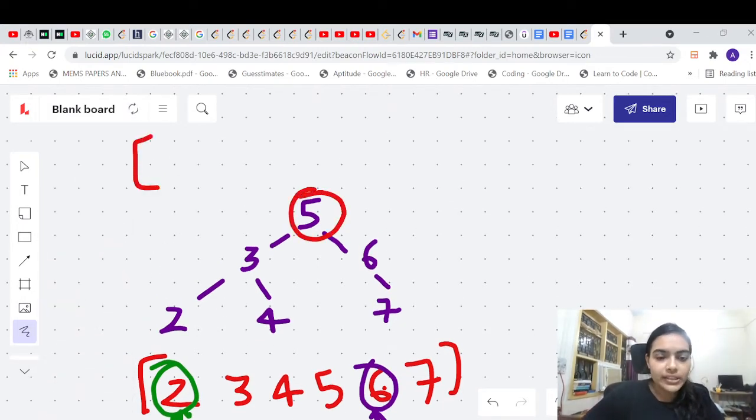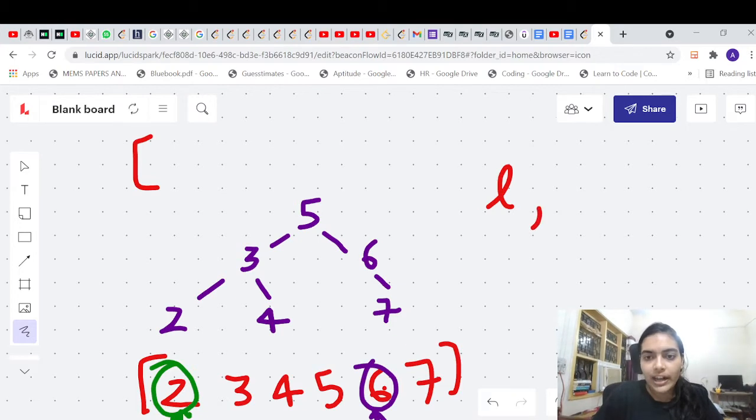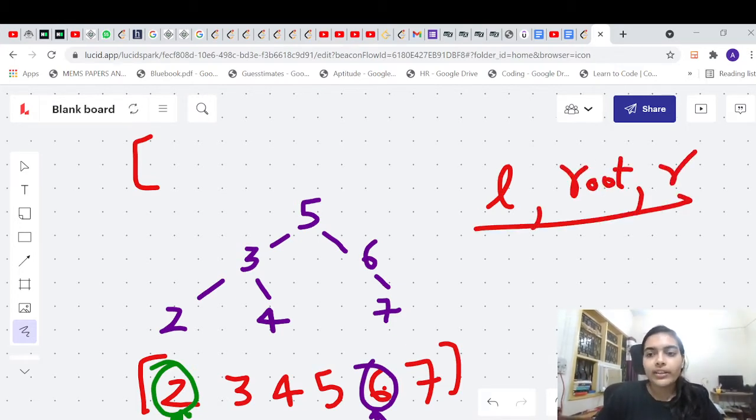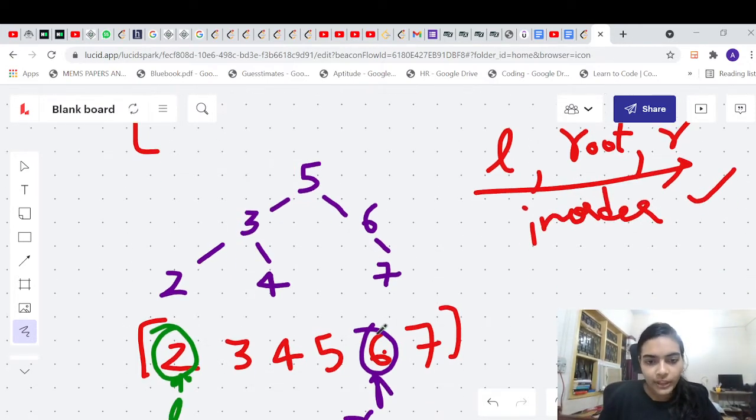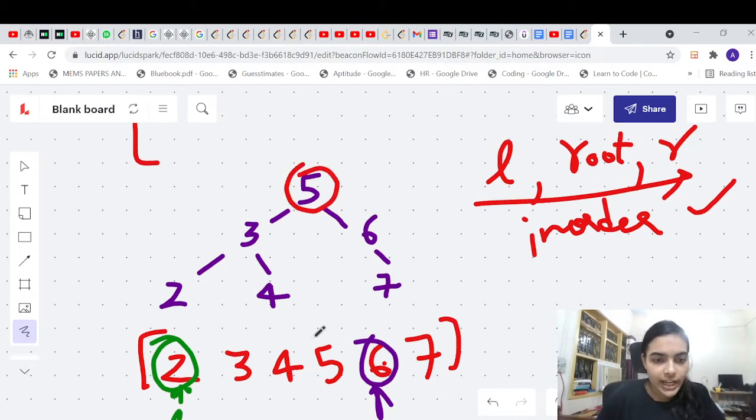So what we will do, we will start from a particular node and we will visit the left first. So in the in-order traversal, we will visit the left node, then we will visit the current root, and then we will visit the right node in this order. This is called in-order traversal. This will give you a sorted array in increasing order, which we want to obtain to apply the two-sum logic. So we will start from the first element.